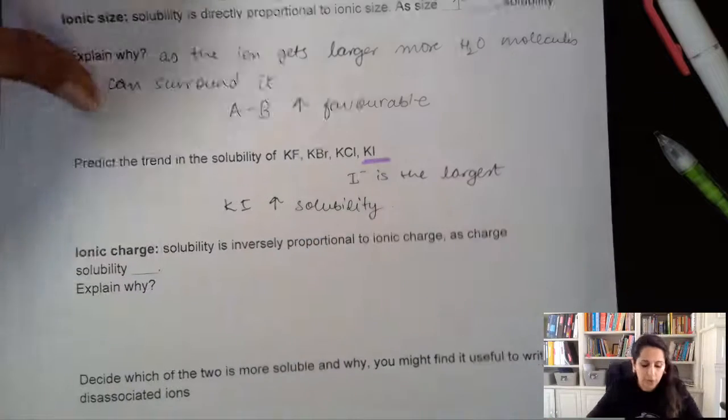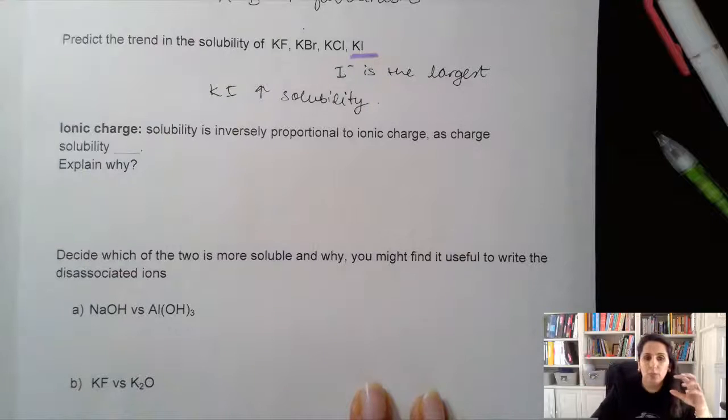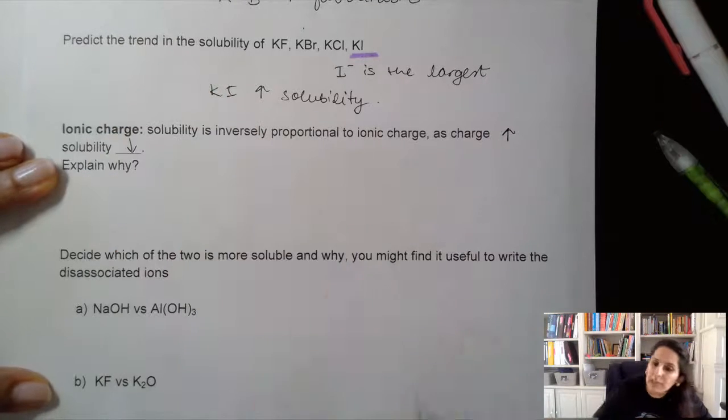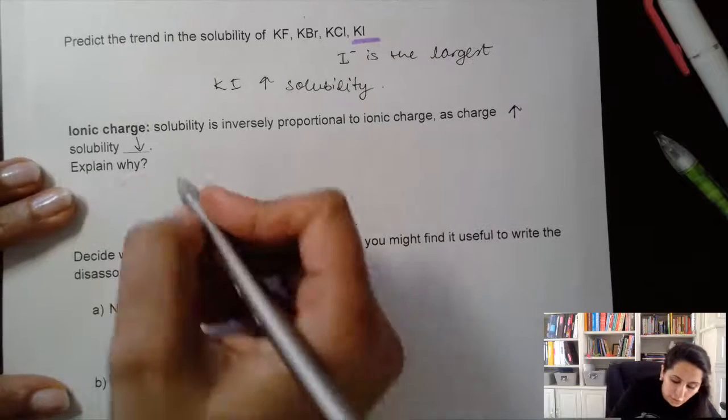Now, ionic charge works slightly differently. Solubility is inversely proportional to ionic charge. As charge increases, solubility decreases. How do we explain that? Well, in this case, as the charge increases,